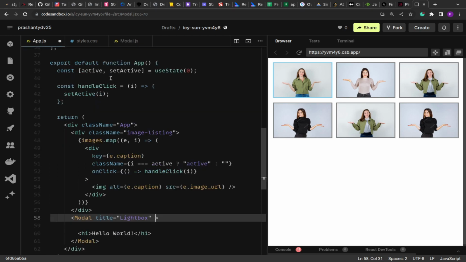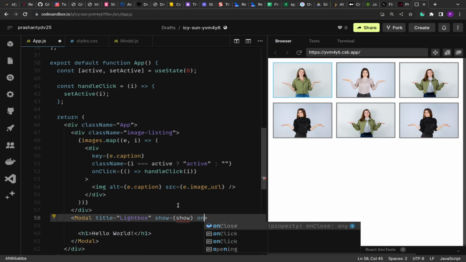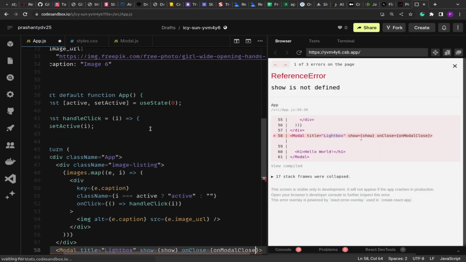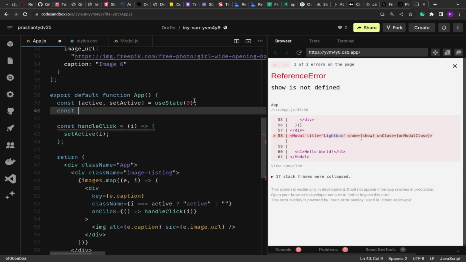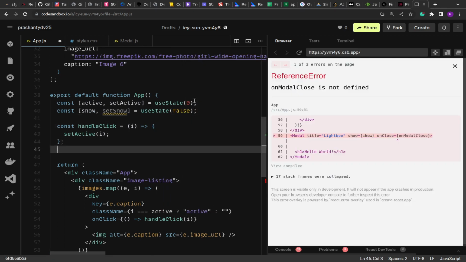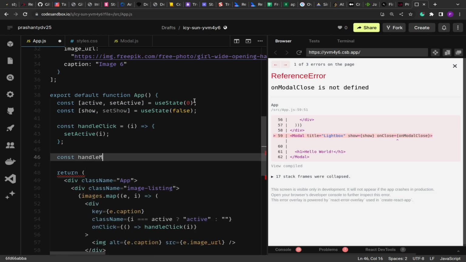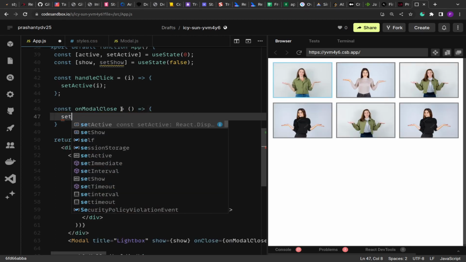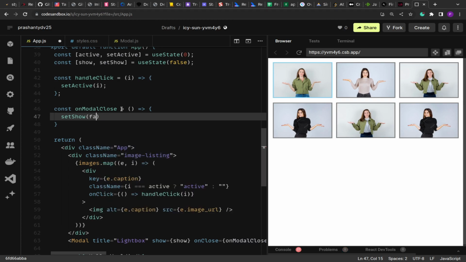on close, and title. So show, we'll have a state for show, and then on close we'll listen to the event on modal close. So let's create a state for this. const [show, setShow], and then we are going to use state as false, and here const handleModalClose. I think that's okay, it's on modal close, and here we'll set show as false,